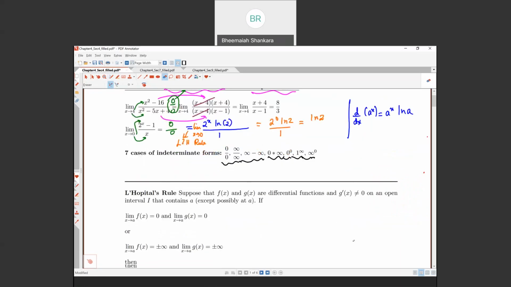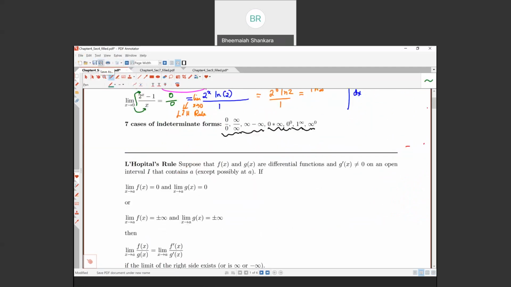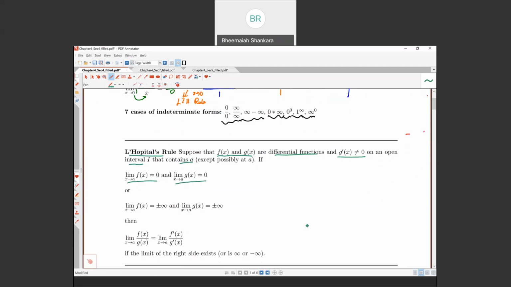Now let's go over this L'Hopital's rule. So the L'Hopital's rule says that we can differentiate the denominator as well as the numerator. Suppose the functions f of x and g of x are differentiable functions, and say the derivative of the denominator is not 0 on any given interval I that contains a point a, then limit of x approaching a f of x, if the numerator limit is 0, and say the denominator limit is also 0,